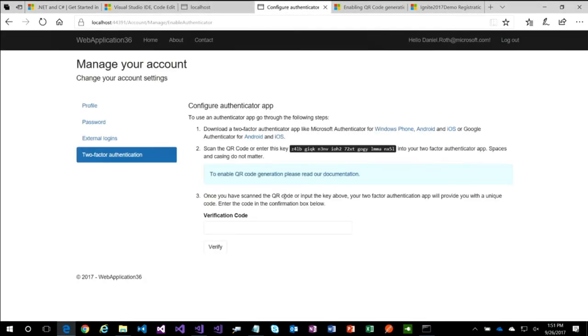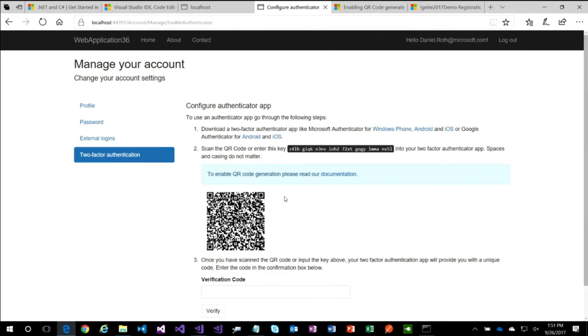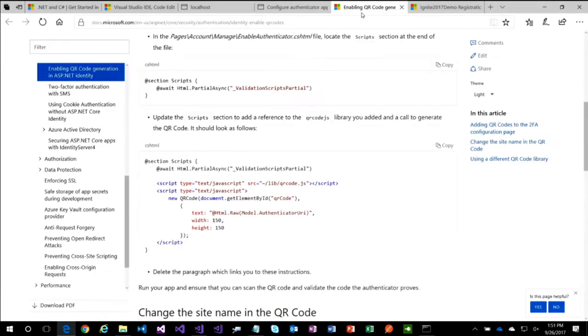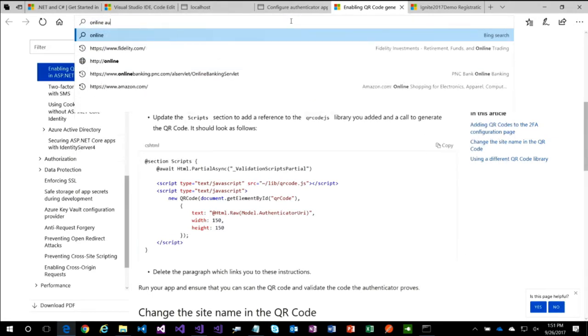Here, and I think if I refresh this page. Yeah, so now I get a QR code. So I should just be able to take a picture with my phone and I'm good to go. And you could set it up. That's a little hard to demo in front of an audience like this, me showing you my phone and stuff. So instead, to just show you that this does work, there's a little online authenticator app,